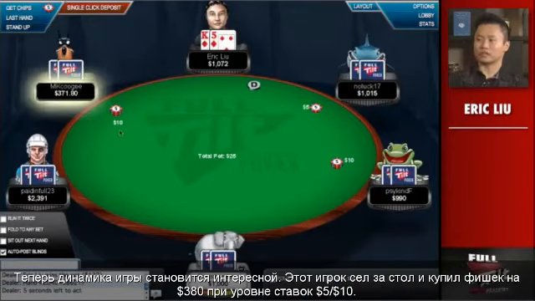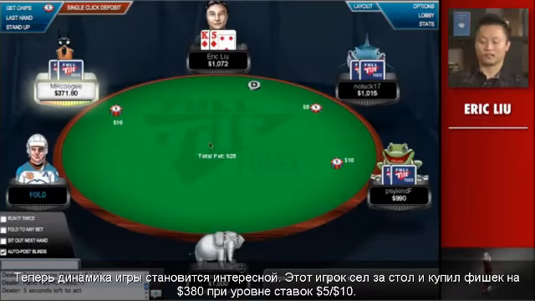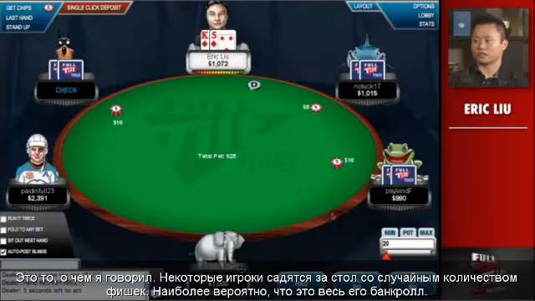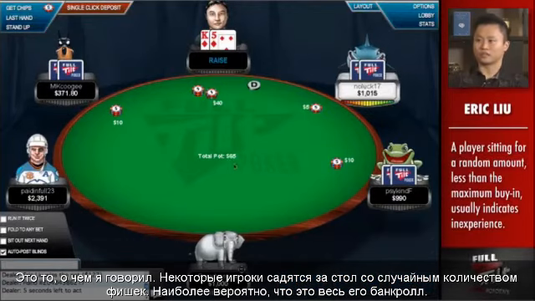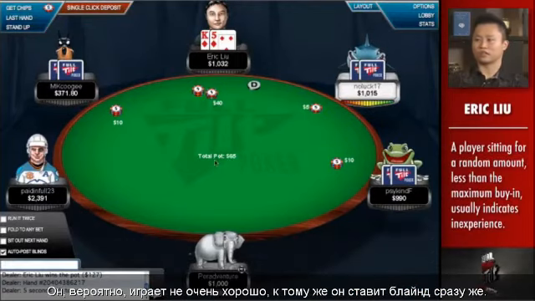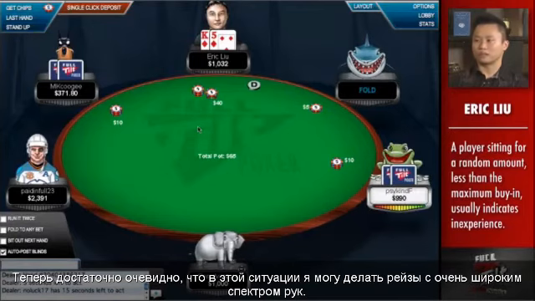So now the dynamic gets kind of interesting. This guy sits down. He buys in for $370 or $380 at a 5-10 table, and this is kind of what I was talking about. Some guy sits down with a random number. It's most likely his entire roll, and he's probably not very good, and he posts right away. So right now, it's pretty evident that I can be raising with a huge range of hands here. But,